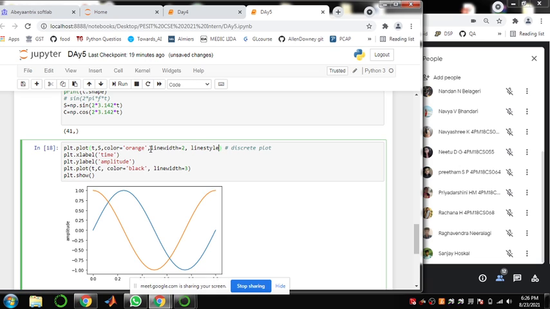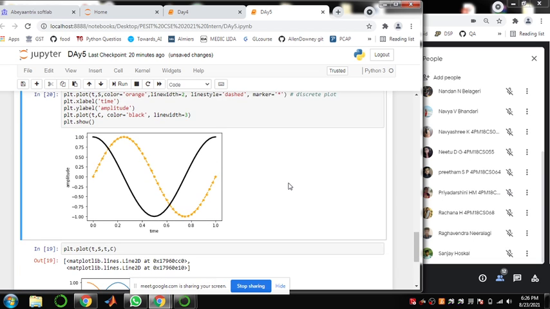Line style is equal to dashed. I can mention a few other things, like the marker style you need. Marker style I'm choosing as star marker. So line color, line width, line style, marker. Let us see the difference.